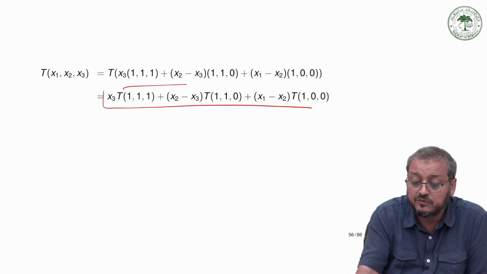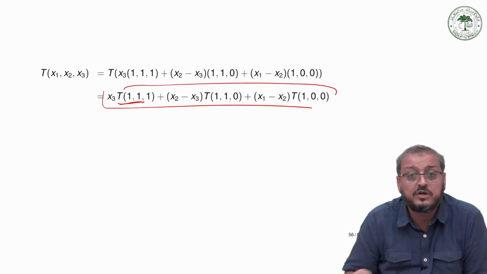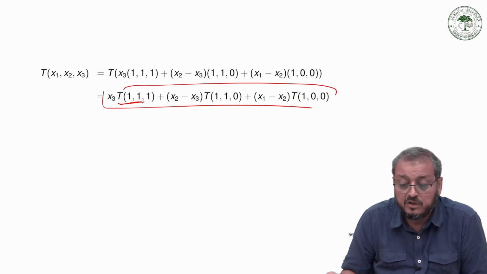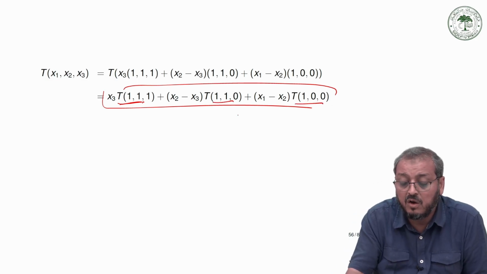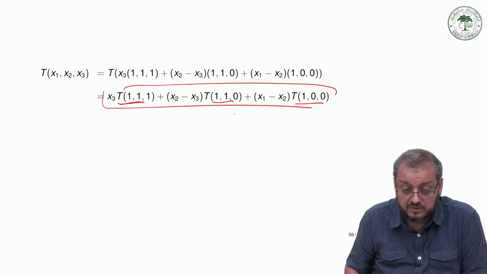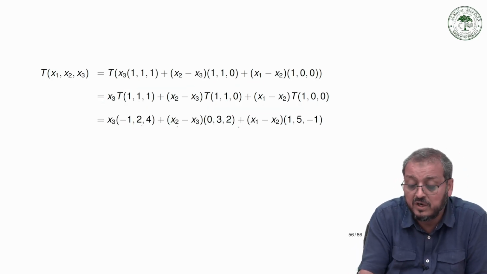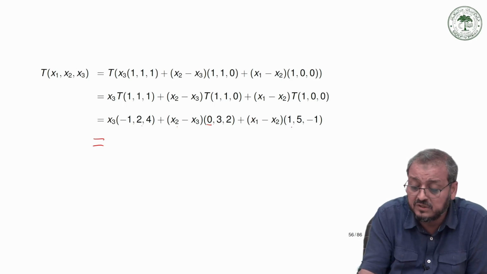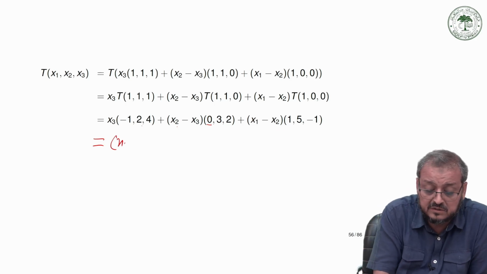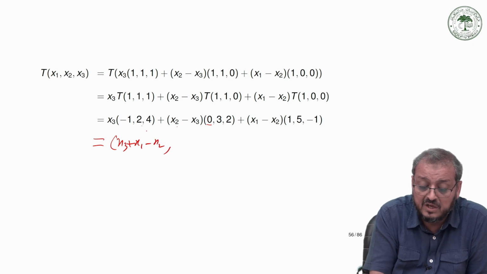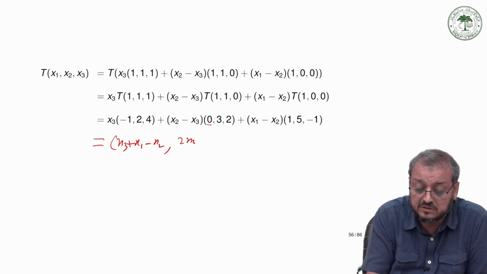We write into this form. Now substitute the values for T of e1, which is T of (1, 1, 0), and T of (1, 0, 0), and then this can be written by substituting x1, x3 in times this plus x2 and so on. There is no x1 term, we have a, so this can be written as a x3 plus x1 minus x2, and then we have a twice times of a x3,